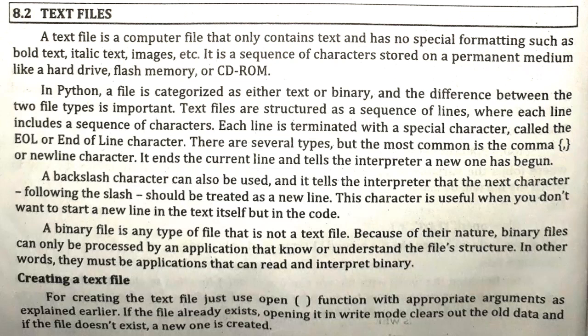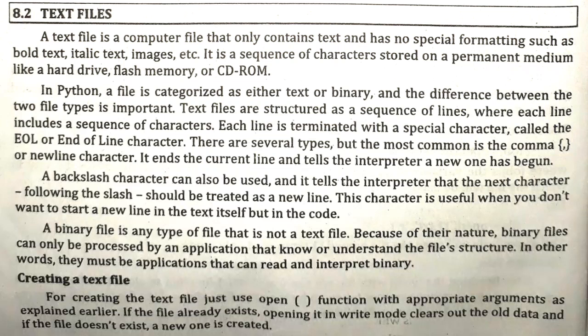Then we have the second type of file, that is the binary file. A binary file is any type of file that is not a text file. Because of their nature, binary files can only be processed by an application that knows or understands the file structure. In other words, they must be applications that can read and interpret the binary file.